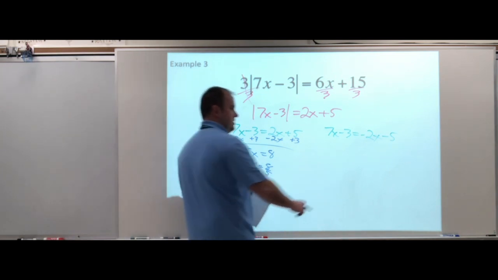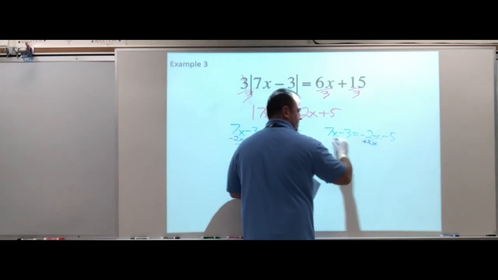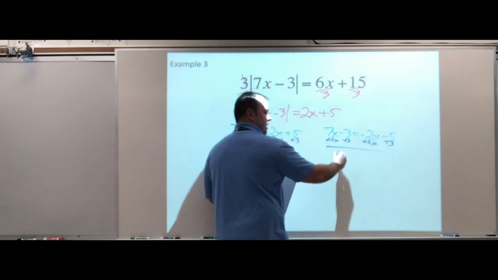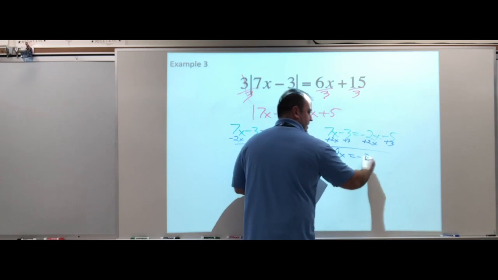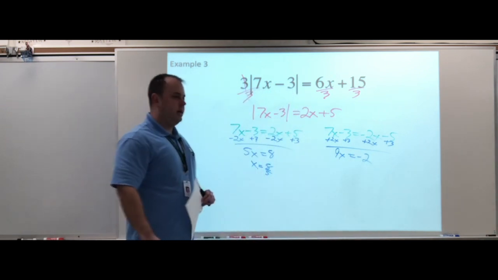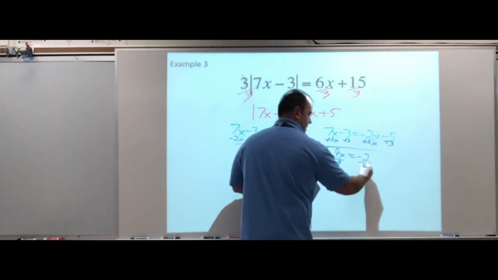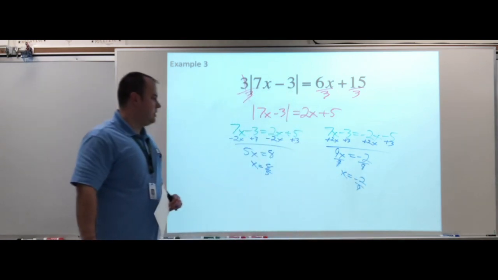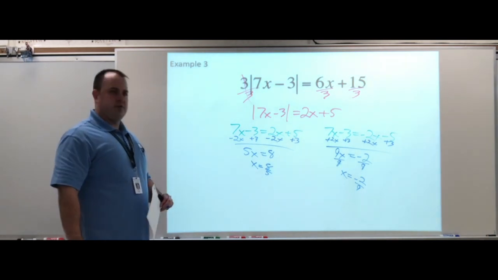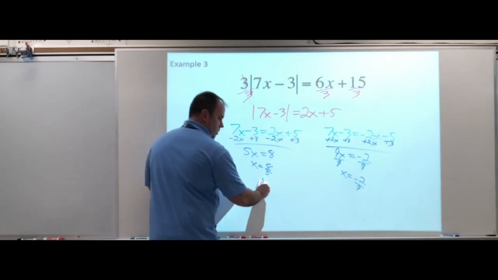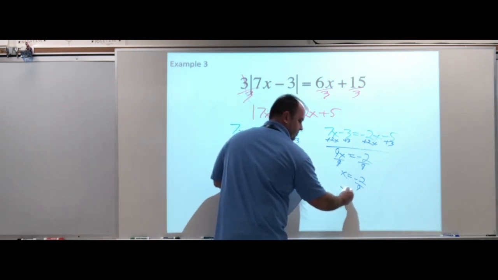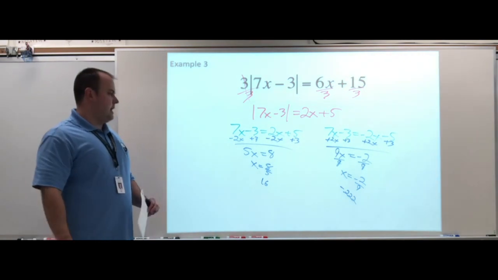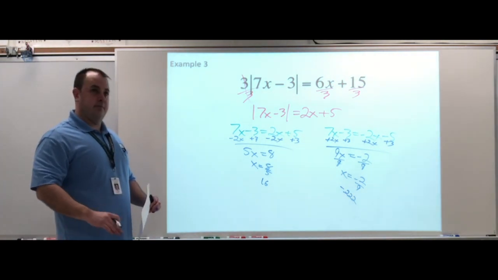For the next one, we're going to add 2x this time, add 3, and this time we end up with 9x equals -2. Okay, so dividing by 9, x equals -2 over 9. Okay, and if you want to turn these into decimals, that's fine: 1.6 and -0.222. Just make sure you use 3 decimal places when you turn into a decimal, and simplify the fractions as